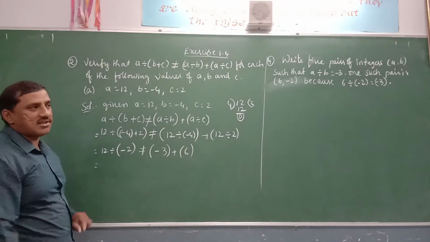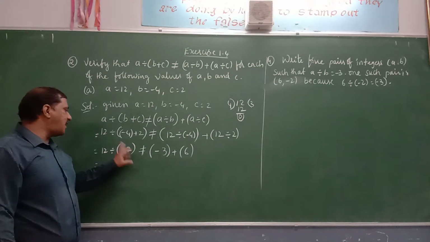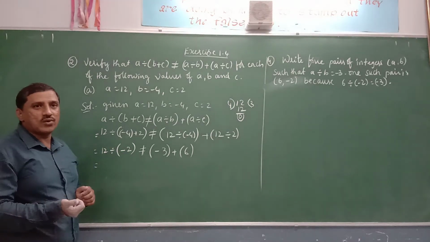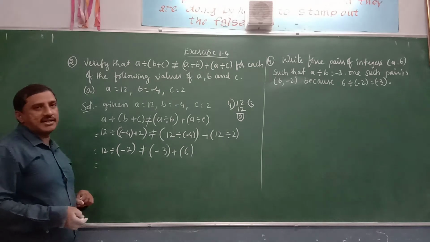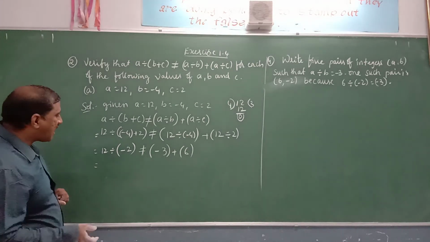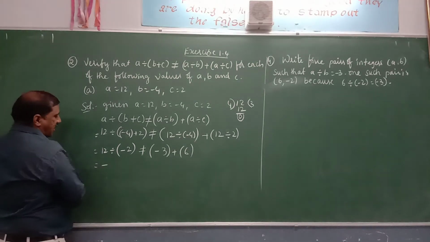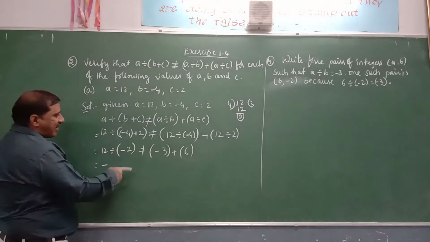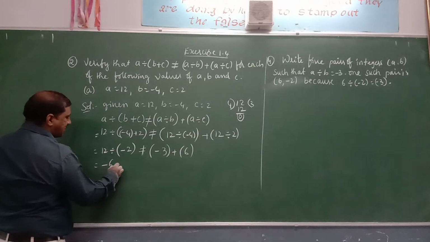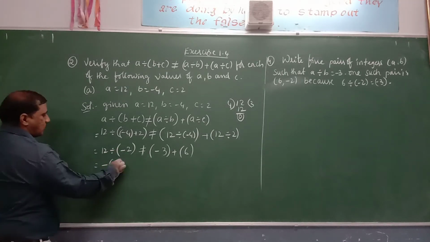Now we are dividing 12 by minus 2, a negative integer. So a positive integer is divided by a negative integer. What to do? Ignore the signs, divide the numbers as whole numbers and keep the minus sign. Minus 12 by 2, 12 divided by 2 is 6, so minus 6 is not equal to